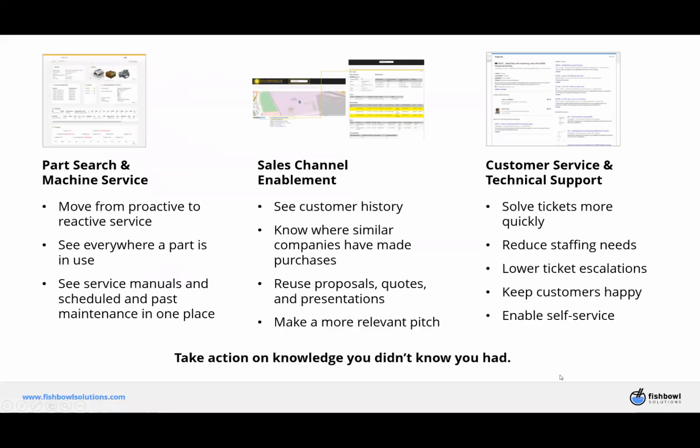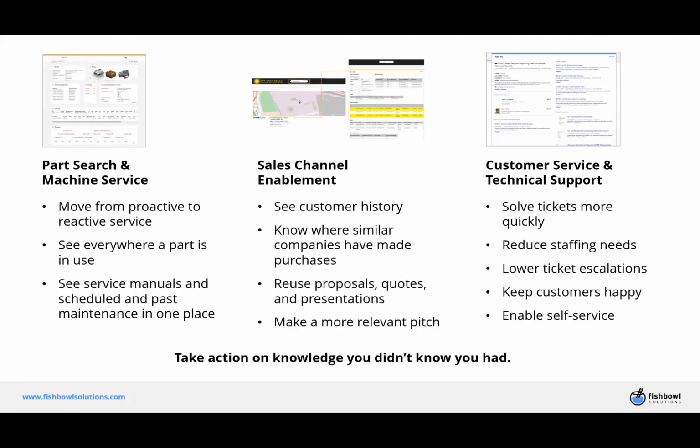So why would you want to do this? If we look at just these three examples, which are really only a few of the ways that you might apply this idea of 360 search to the enterprise, we can see the kinds of things that this enables. So if we look at the first example of parts search or machine service, it really helps you move from a more, I wrote that backwards, it should say reactive to a proactive service, because rather than waiting for something to break and then having to go dig into it,